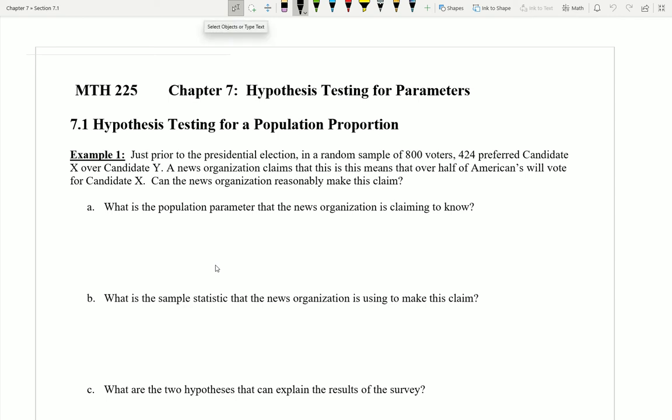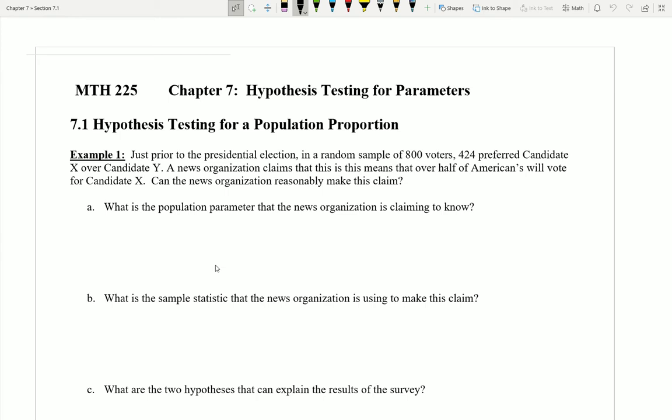In section 7.1, we're going to start to talk about this process of hypothesis testing, which is really going to be kind of the large culminating focus of our semester. And it's going to really revolve around a lot of the ideas that we've already been talking about. Namely, how do I use the ideas of probability to help me make decisions in complicated sorts of scenarios where a question and its answer may be unknown.